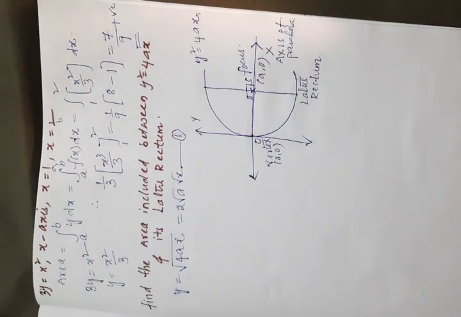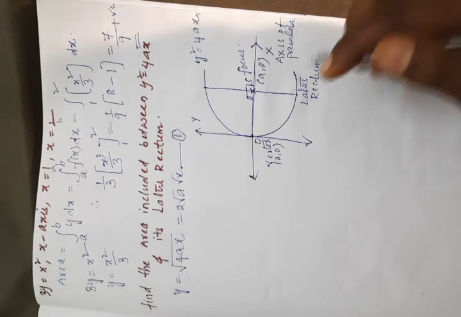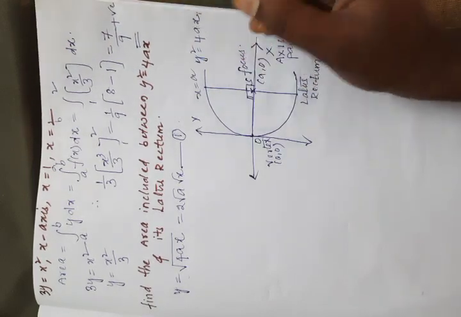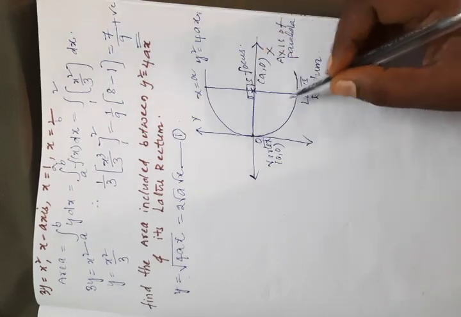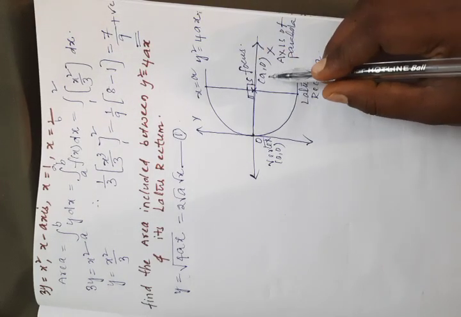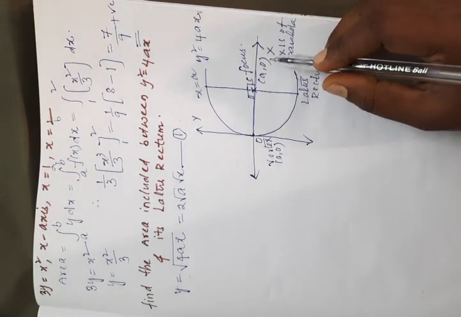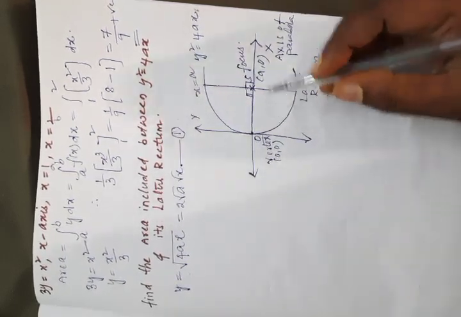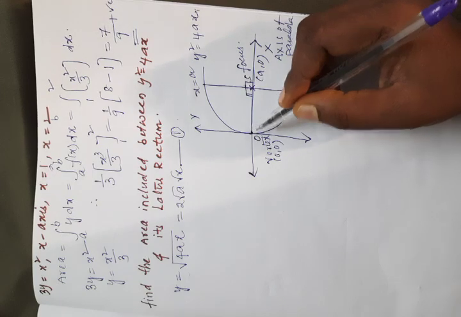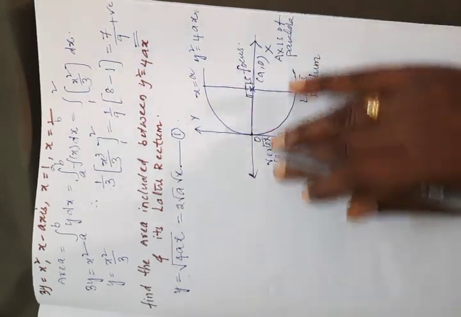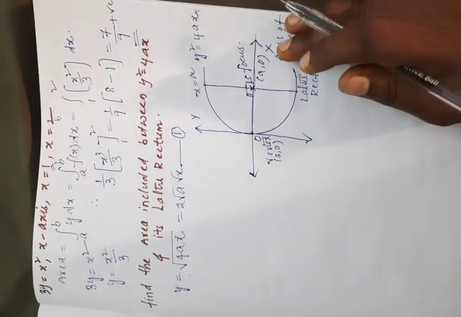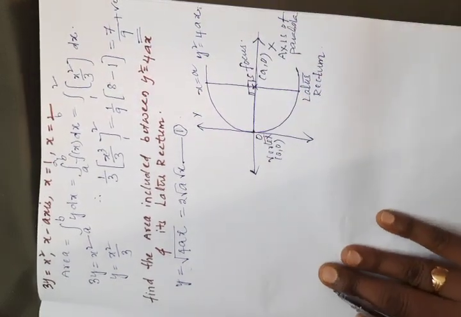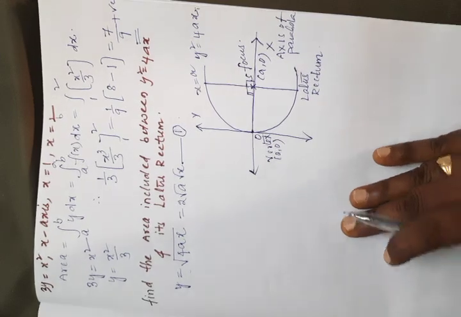The equation of the latus rectum is x equal to a, because this line passes through the point a, where the y coordinate is 0. Also, the parabola is symmetrical about the x-axis. If we cut it about the x-axis, it is divided into two equal parts. So the required area is 2 into